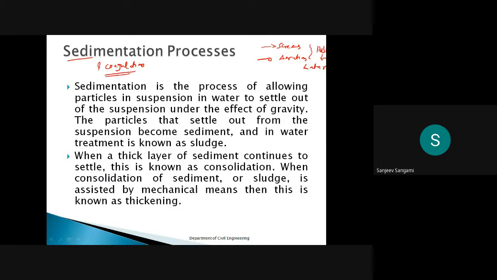Most of the time, these two are of course different processes, but both are interlinked. Whenever the coagulation process comes, I have already explained the small information before the starting of the class. Coagulation, of course,